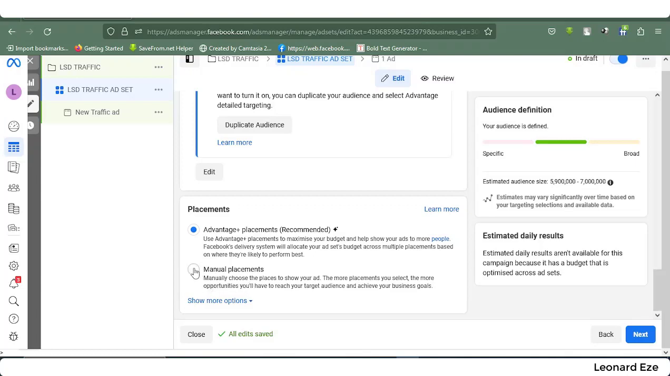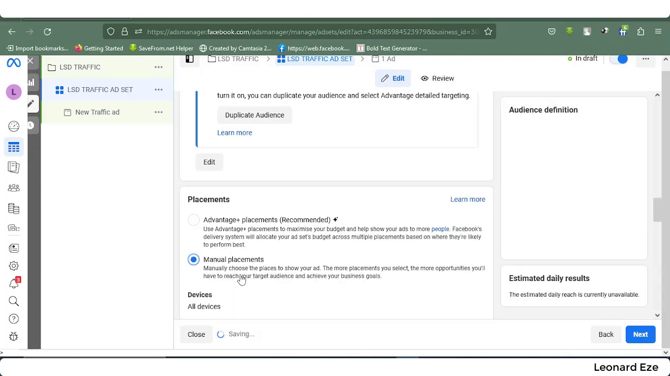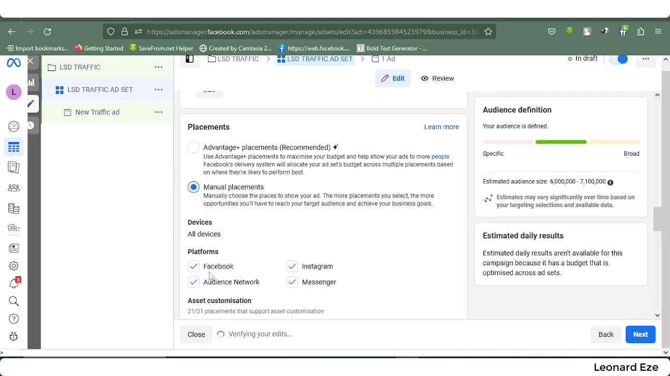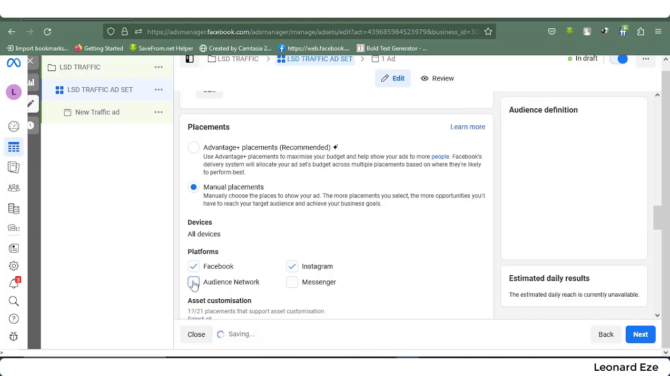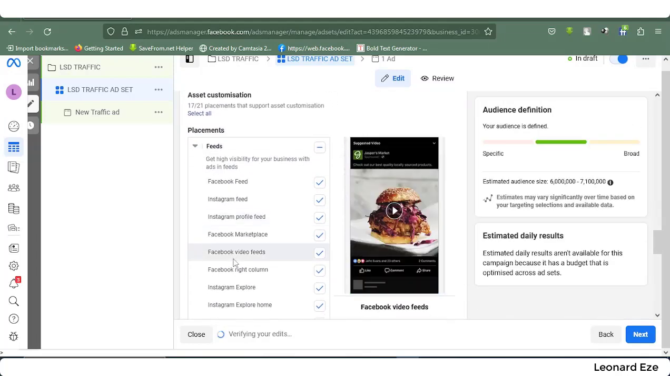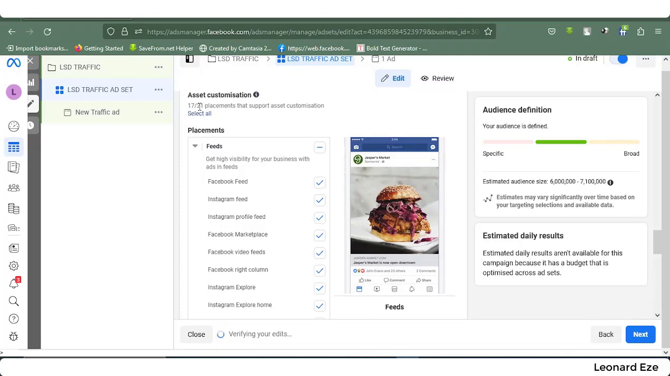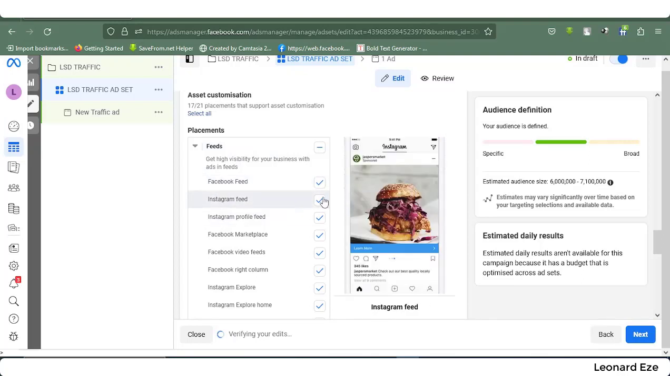You'll be the one to determine where Facebook is going to show your ad. So these are the platforms Facebook can show your ad on. You have Facebook, Instagram, Audience Network, and Messenger. For the purpose of our ad, we are going for Facebook and Instagram. When we come to Facebook and Instagram, we can see the placements that support asset customization. We can see that we have Facebook feed, Instagram